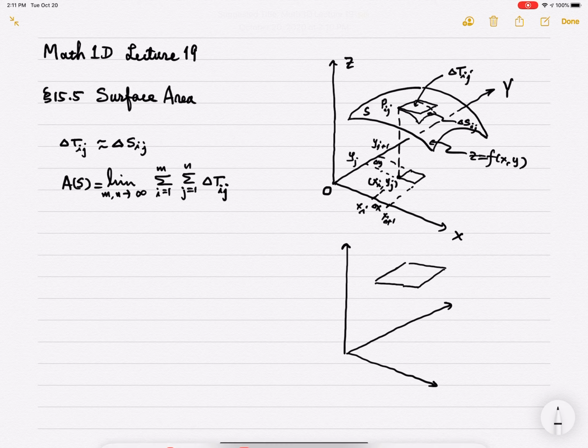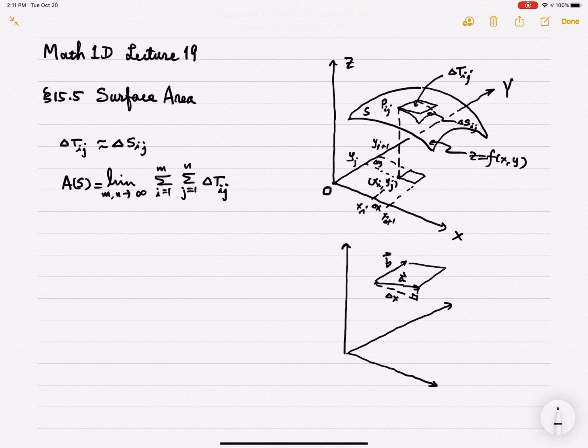Okay, now when you think about this, suppose this vector is a, and this vector is b. Now let's see, how do we write the expression of a and b? So if you see, I draw a right triangle, and this side is delta x. Now this offset over delta x should equal f prime,